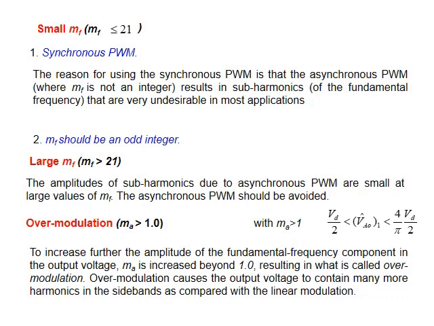A few points are worth highlighting here related to MF, frequency modulation. When MF is small, what do I mean by small? I mean lower than 21. Greater than 21 means large. First of all, synchronous pulse width modulation is a must. What does this mean? It means that, have a look, this is the square wave. Now my control signal is supposed to start together, let me say here, and finish together. If it finishes here, as an example,